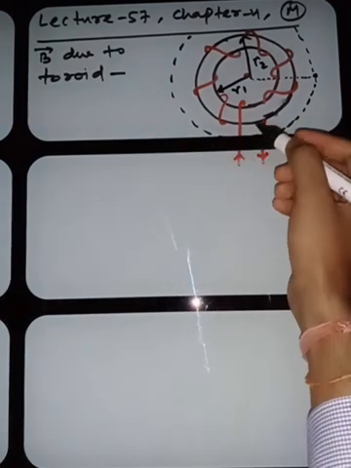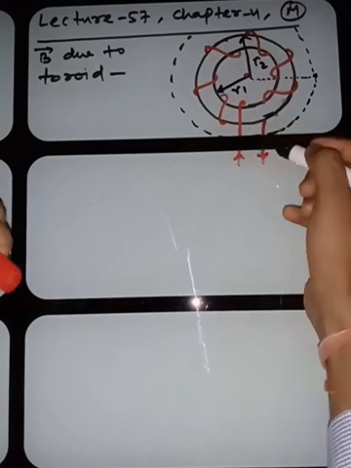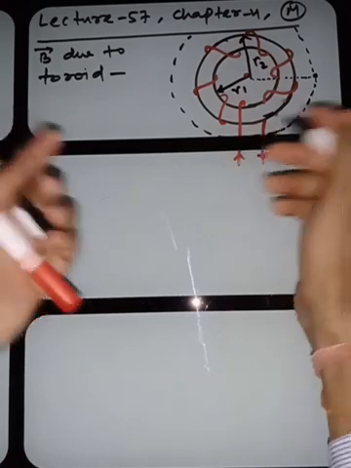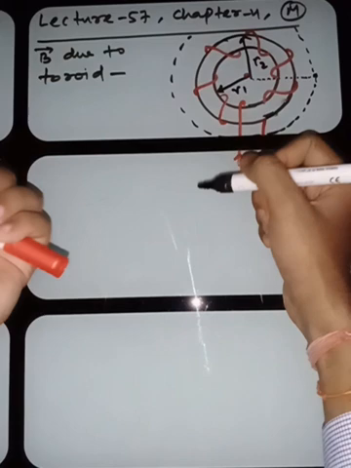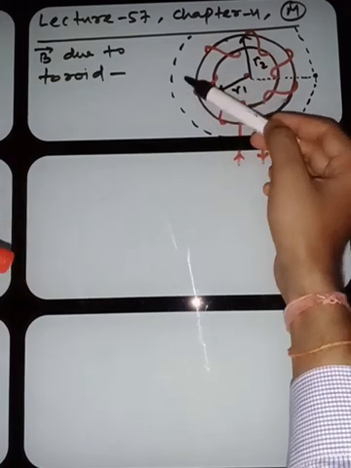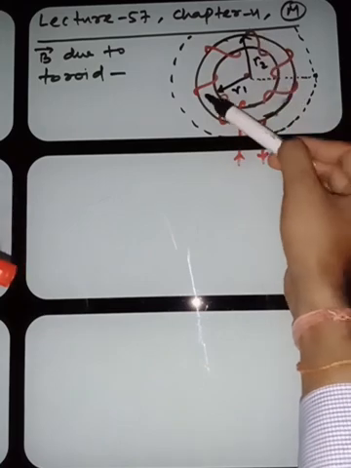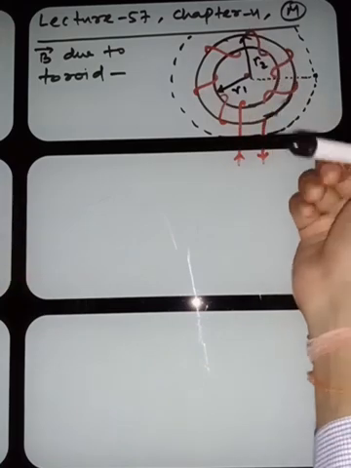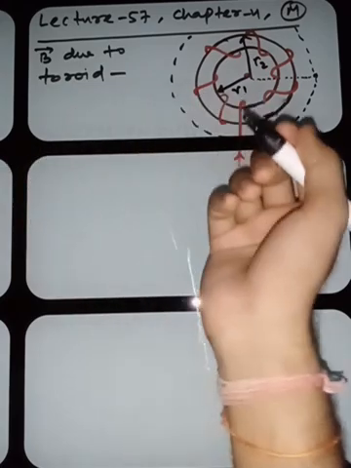It has no end poles, no south pole and north pole facing each other. So how does it produce a magnetic field? My dear student,